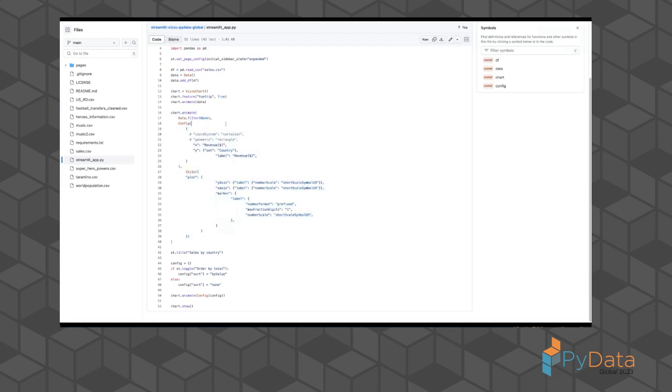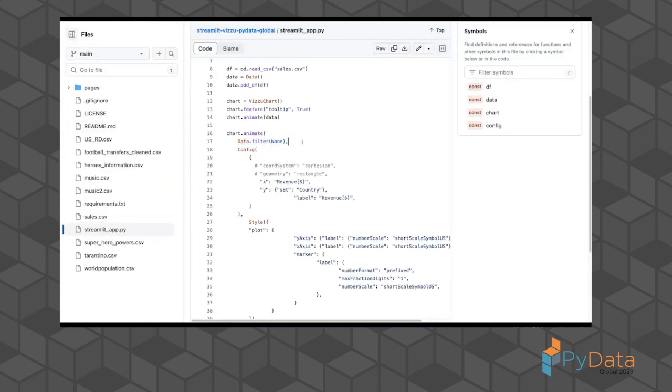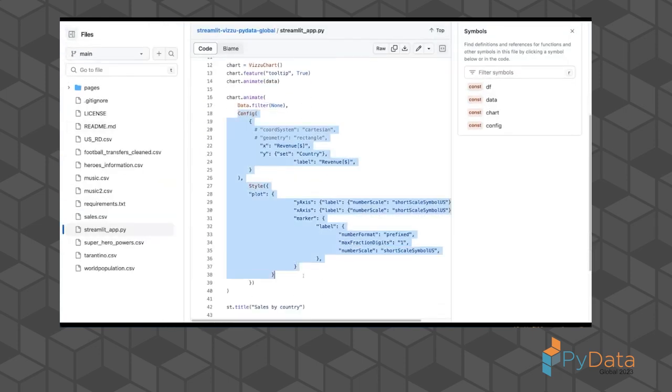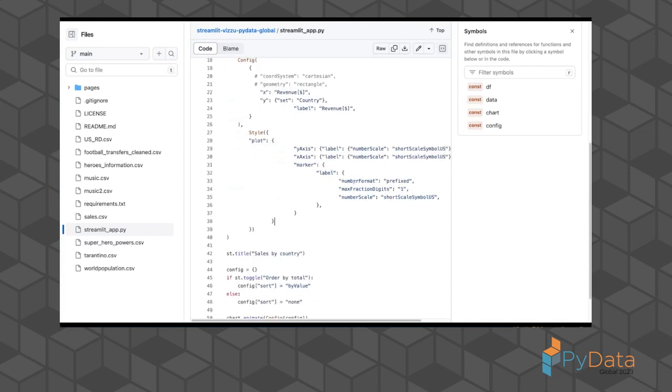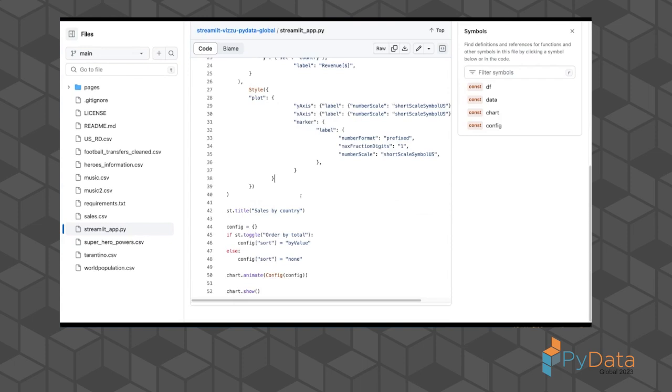Builder app. So this chart.animate and it does a filtering. In this case, it doesn't filter it at all. It does some config and some styling. A lot of this is optional. You could do this a bit simpler, but